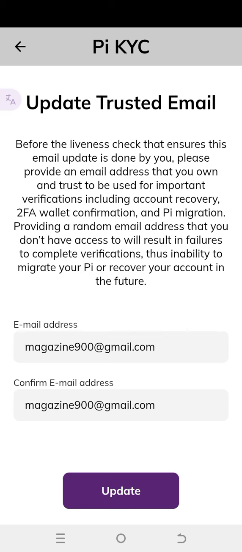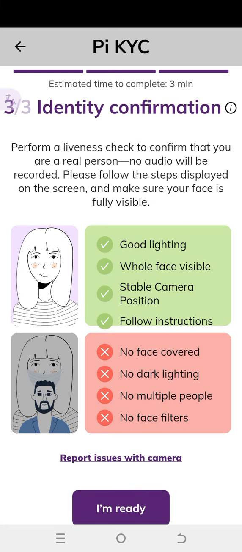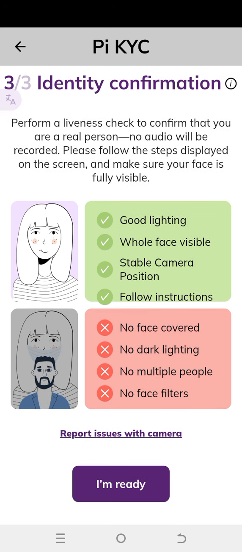So make sure you add an email which you have access to. Okay, so let's assume I want to maintain this very email. I'll just go ahead and click on update. Okay, so let me click on update. Now when you click on update, they will let you know. Okay, they will tell you to be ready for a liveness check, and we all know what that is. Okay, when I click on I'm ready, I've done this already, so I don't need to do it again. So you just have to click on I'm ready and your camera will open